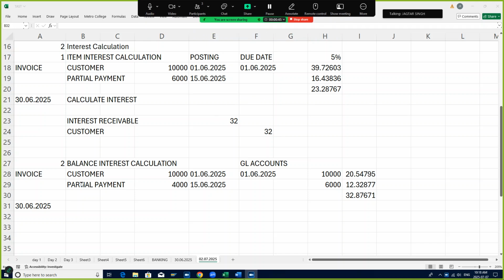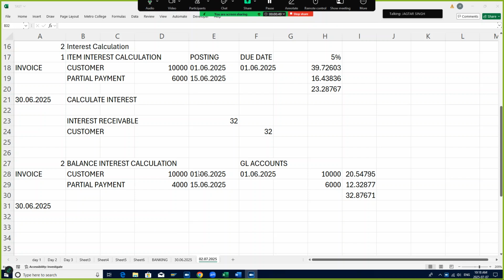Okay, so in today's topic, we are going to cover balance interest calculation. So, what is balance interest calculation? In balance interest calculation, the system calculates the balance interest on the outstanding amount